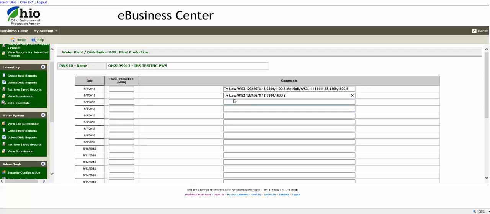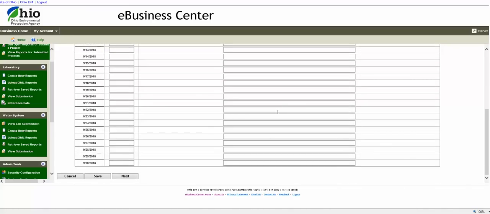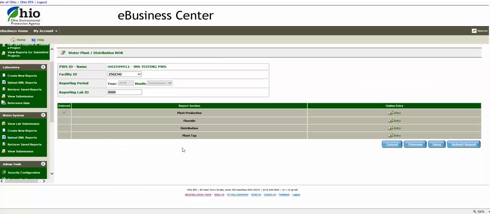And you'll continue with the person's name, their operator certification number, their time in, their time out, and the number of hours they're there. You'll fill this out down to the end of the month for the days that you're required to report minimum staffing. And you will hit next. This brings us back to the front of the page. Now, once you have entered all of your data, not just your staffing hours, but all of the operating data, your MOR will be complete.